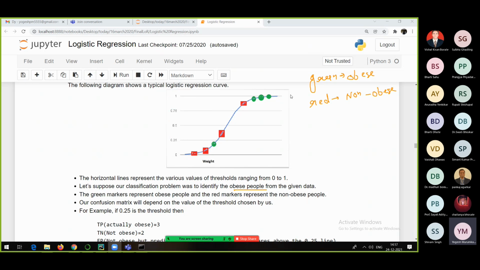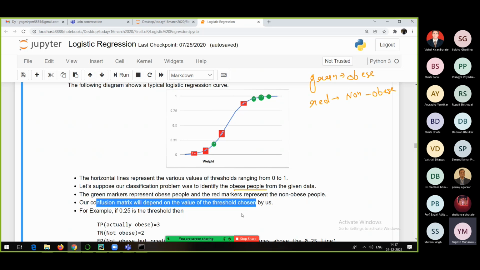Now green is obese people and let's say red is non-obese. Our confusion matrix will depend on the value of the threshold chosen by us. So that's what we want to do. Let's suppose we'll start with 0.25 as the threshold value.